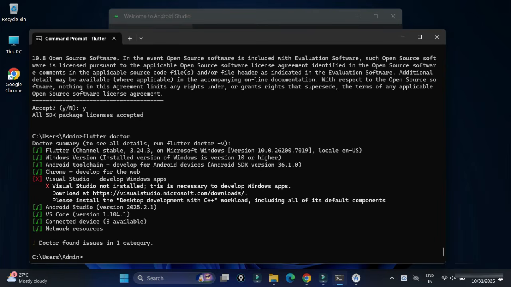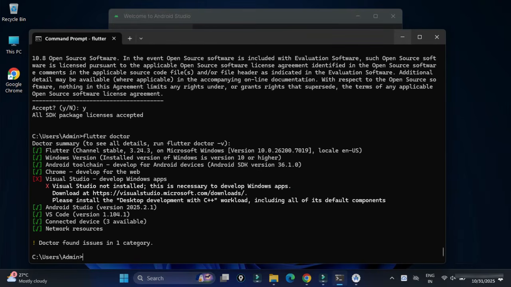And I'm doing the setup for Android Studio. So it's okay for Visual Studio if it is showing any warning or issue. Right, so now what we'll do, we will go to Android Studio, and we will create a project, and we will run the project. So you can create a project from the command line also by using the flutter create command, but I'm not showing it through the command line. I'm just going to Android Studio, and I'm going to show you through that.